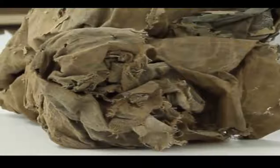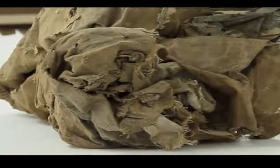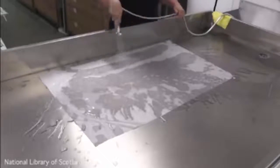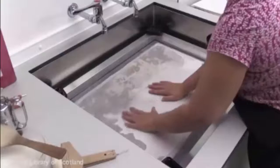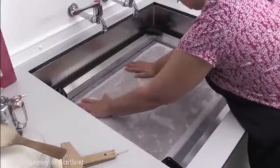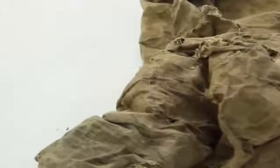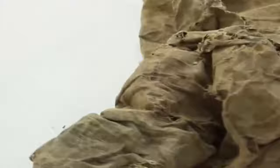Preserving history, how the map was restored. The map was originally printed in 8 separate sections and adhered to a linen backing. It was already splitting along the joins between the sections, and the decision was taken to separate the sections to make the map easier to work with. These were each placed in a humidifying chamber, as the gentle introduction of moisture made it easier to flatten out